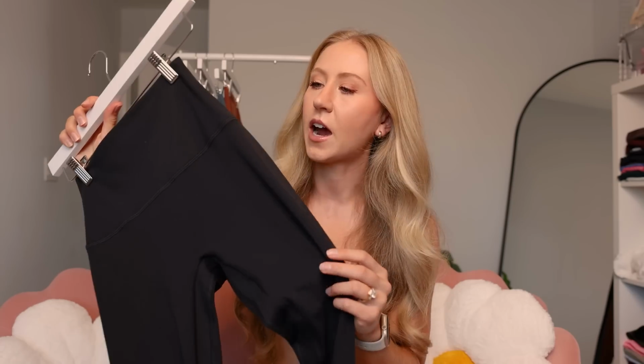I actually don't even own a pair of recent Aligns. I only have OG Aligns, which are made of the original Nulu fabric, which I believe is the same composition, but it's just a little bit lighter, a little bit more brushed, a little bit more pill prone. So they did change the Align fabric, but compared to the pair of Aligns I tried last summer, which I